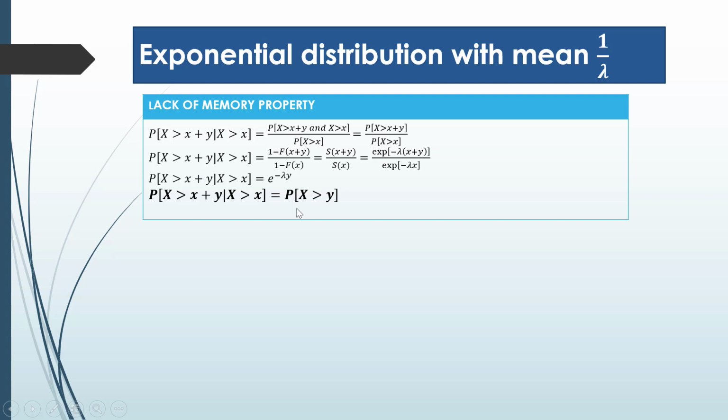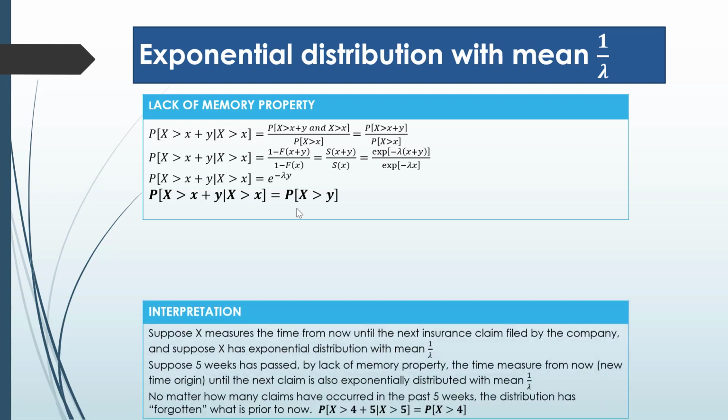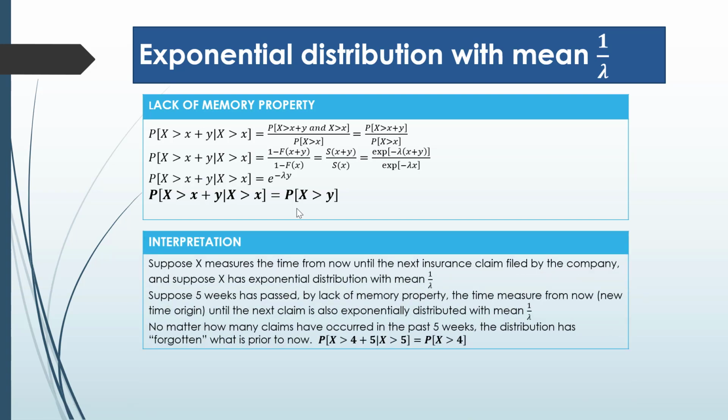But how do you understand this property? The interpretation is, suppose X measures the time from now until the next insurance claim filed by the company, and suppose X has exponential distribution with mean 1 over lambda. So suppose we use x here as 5. So suppose 5 weeks has passed. By the lack of memory property, the time measured from now until the next claim is also exponentially distributed with